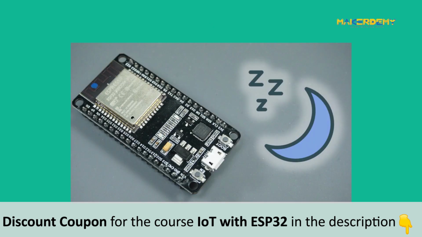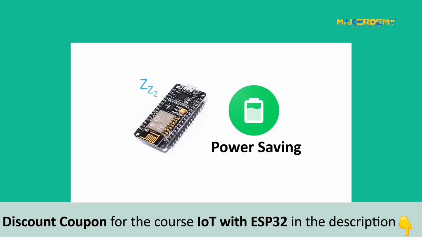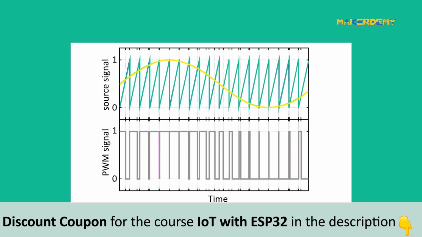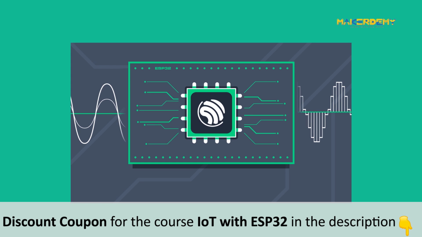There is RTC GPIO support on the ESP32. The GPIO pins used in the RTC low-power subsystem are used when the ESP32 is in deep sleep mode. These RTC GPIOs are used to wake up the ESP32 from deep sleep when the ultra-low-power coprocessor is running. There are 16 different channels that can be used to generate PWM signals with different properties. All the output pins can be used to generate PWM signals. The analog to digital conversion in the ESP32 has a resolution of up to 12 bits with 4096 distinct values.